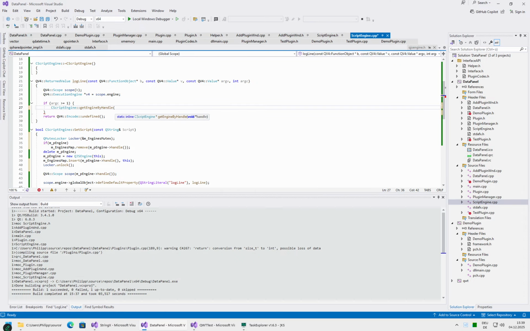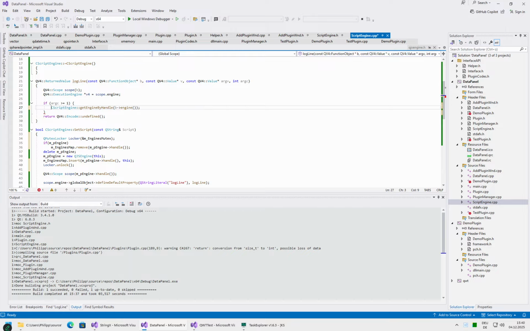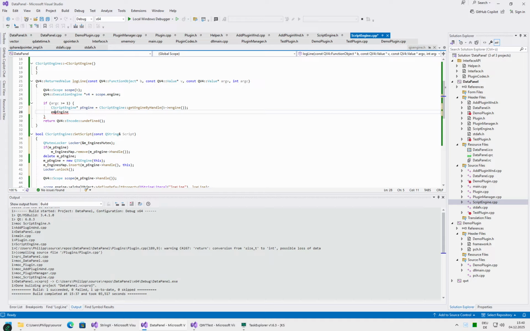Can get it from B. That's missing. Wait. Just engine. Okay. Engine, and emit per engine log line. Now we need to get the string, so